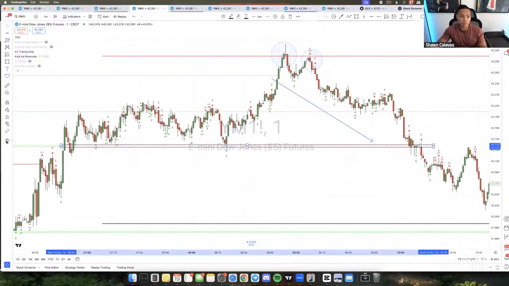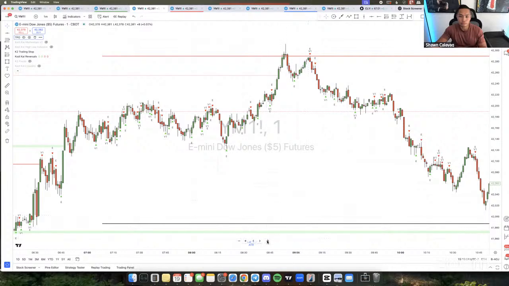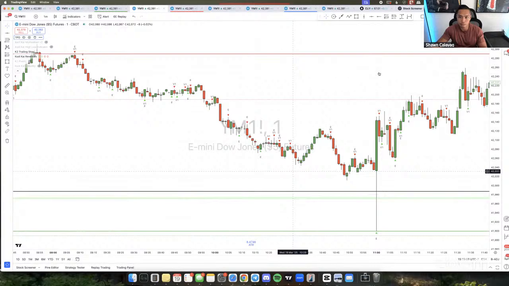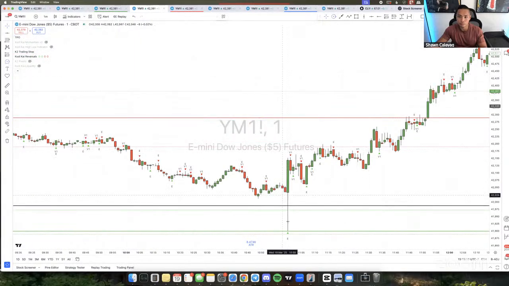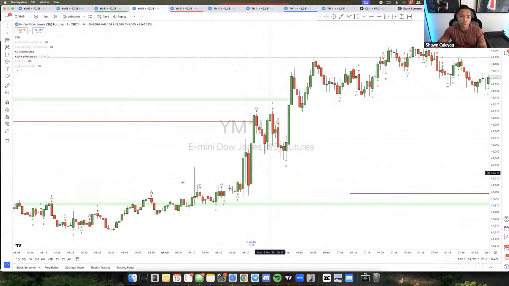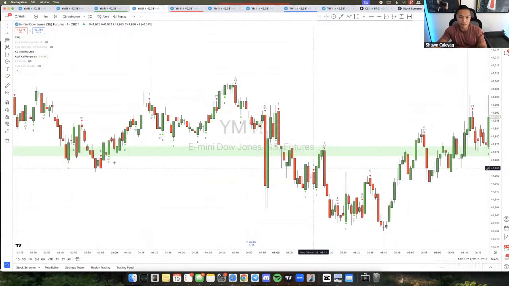So again, I don't use this as entry points. I use it as confluences. I just try to look for bounces off them because you can see whenever price bounces off these areas, for example, price bounced off here. I've been okay taking some buys from there, not necessarily buying from there, but I would have looked for some MPSv2s from the sell side or the buy side, depending on where the bounces happen.